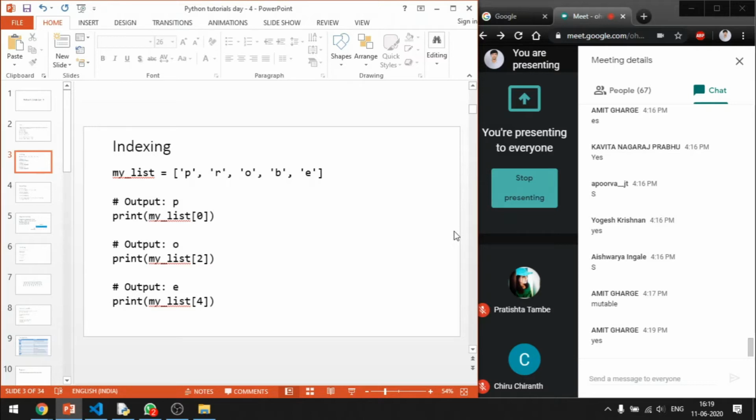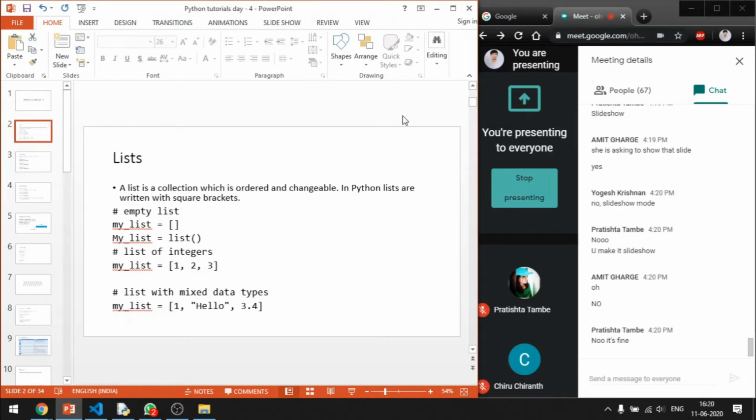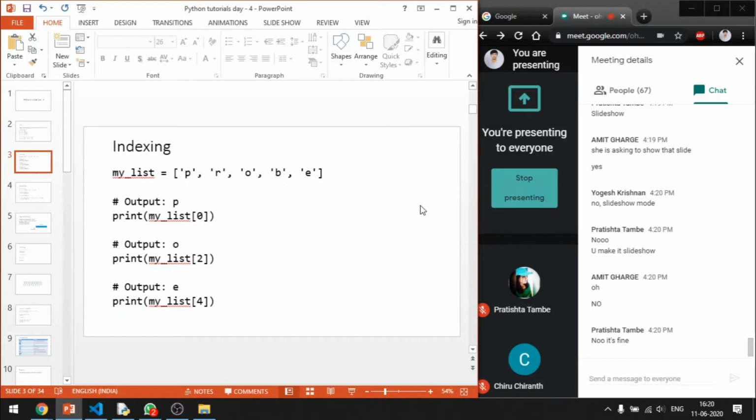Next, let's say indexing. You can access specific elements of the list using the index, right? Take this down. Okay, this has been taken. See, what I'm trying to do, just know that there are two ways to index a particular list. What is the meaning of indexing? Indexing is nothing but assigning the positions. I mean, it is inherently assigned, implicitly assigned. But what I'm trying to say is, it is the position of the elements.